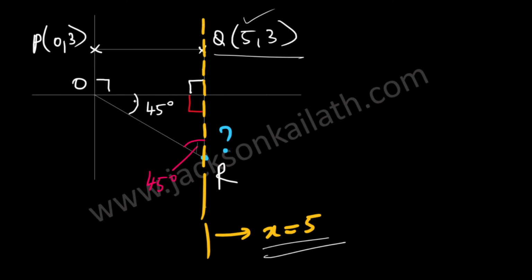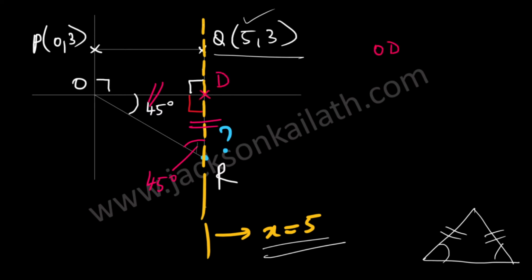Now this is 45 and this is 45, so these two angles are equal. Therefore these two sides have to be equal. That's a property of isosceles triangles, right? In an isosceles triangle, if two angles are equal, the sides opposite those angles also have to be equal. So over here, let me call this point D, then OD has to be equal to DR,